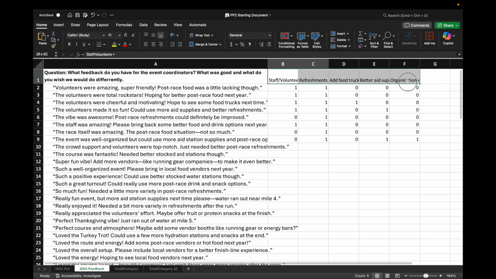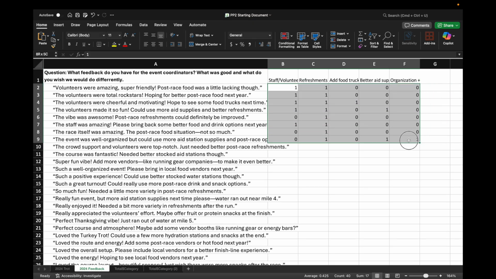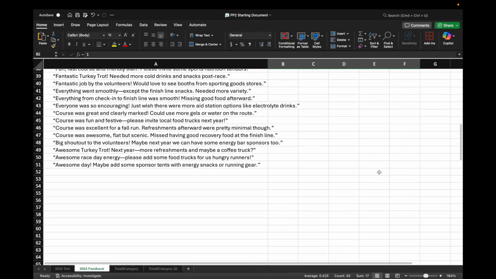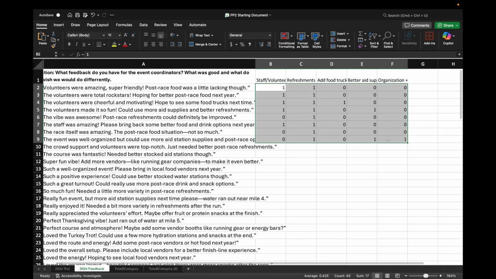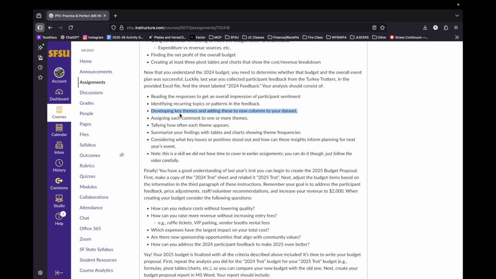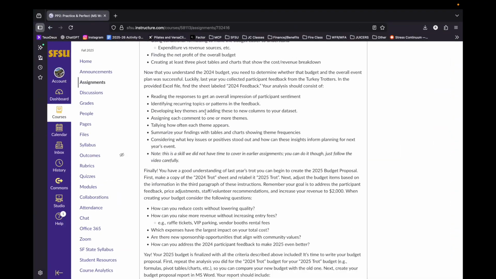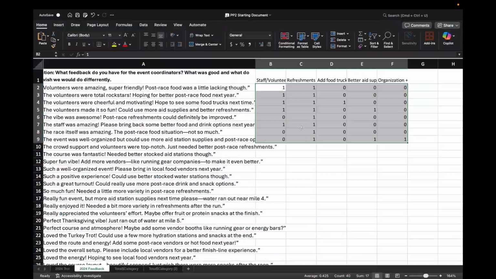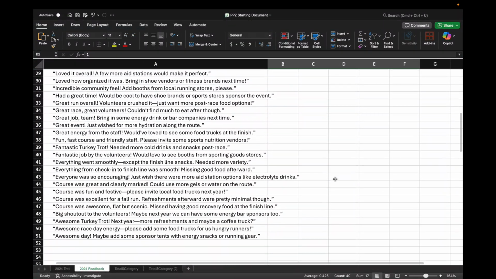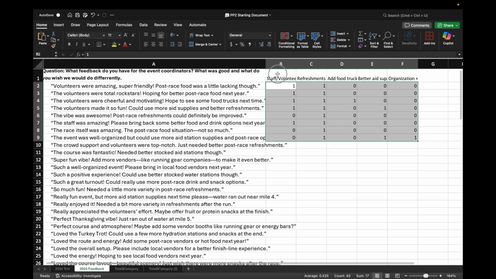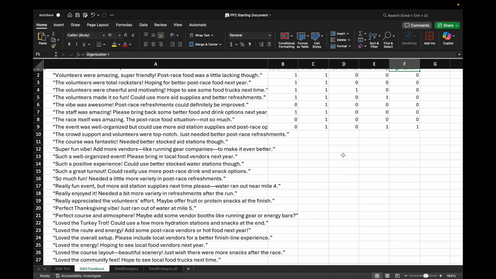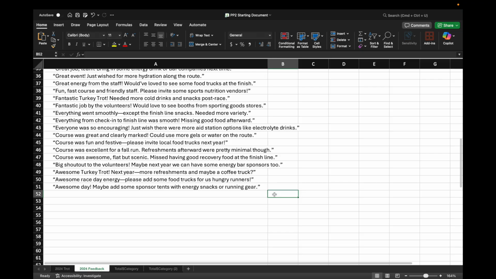Once you've identified all of your themes, you'll go through and code each one of the themes until everything is coded. From there, you're going to tally how often each theme appears. So all that means, we just did that. You're going to summarize your findings with tables and charts. And to do that, we're going to find the total for each one of the themes. So once all of these are full, you'll come down to the row right after, and you're just going to